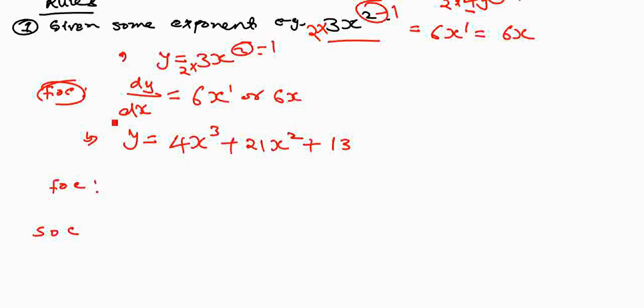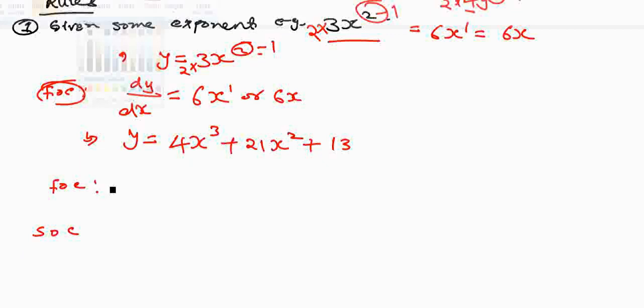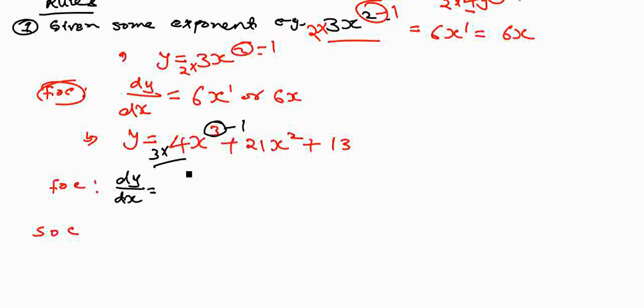If you want to do the first order condition, what will be our answer? The answer will be dy dx equals, you see we said these 3 you multiply from behind, and then minus 1, so the answer will be 3 times 4 is 12. So it gives you 12x, and here it was 3, we minus 1, so what remains? Power 2. So the answer will be 12x squared. Plus these 2 we bring here, we multiply, it becomes 2 times 21, that is 42. So 42x